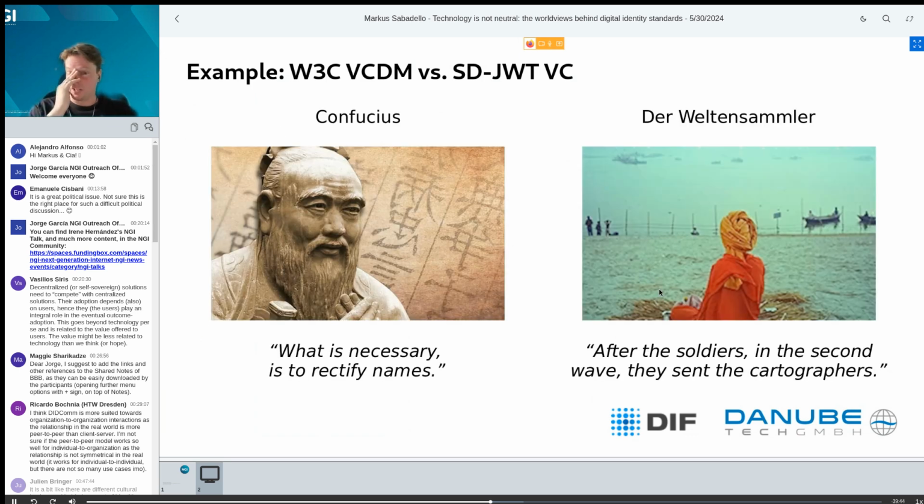Okay, now it gets really a bit provocative. I have two stories here regarding the semantics and where meaning comes from. On one hand, I have a picture here of Confucius, the Chinese statesman and philosopher, who at some point said something about the rectification of names. It is necessary to rectify names. What he meant by that is,